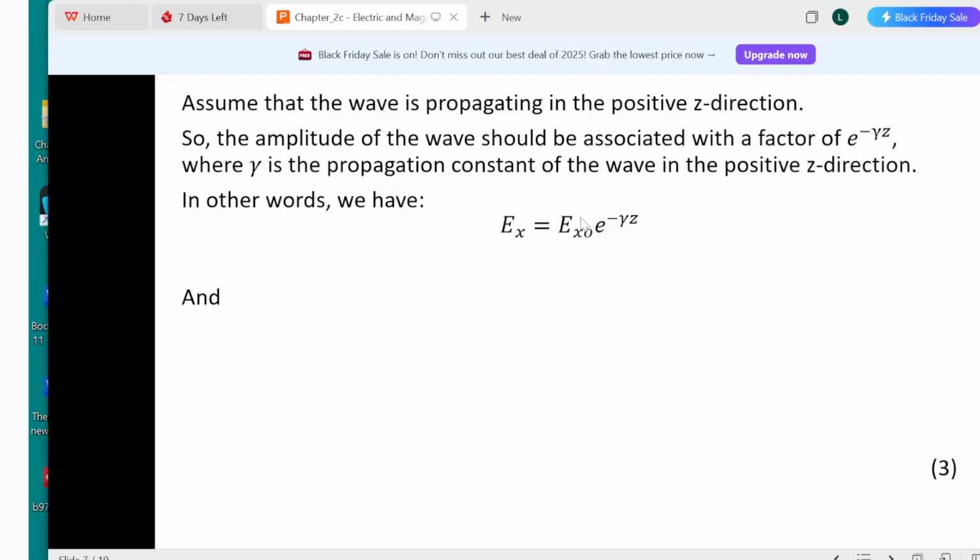And we have the amplitude here, E of x0 is the amplitude, and we have the exponential expression here, and this represents the